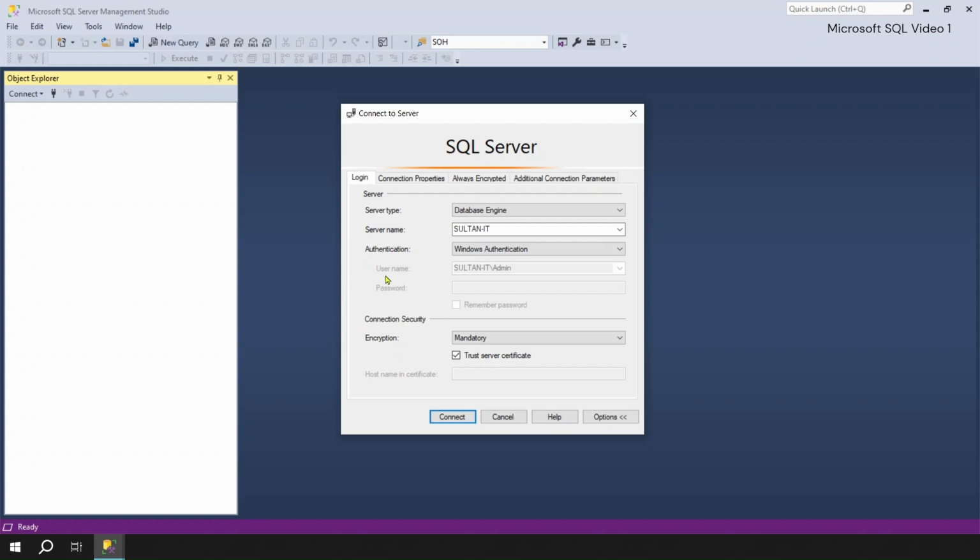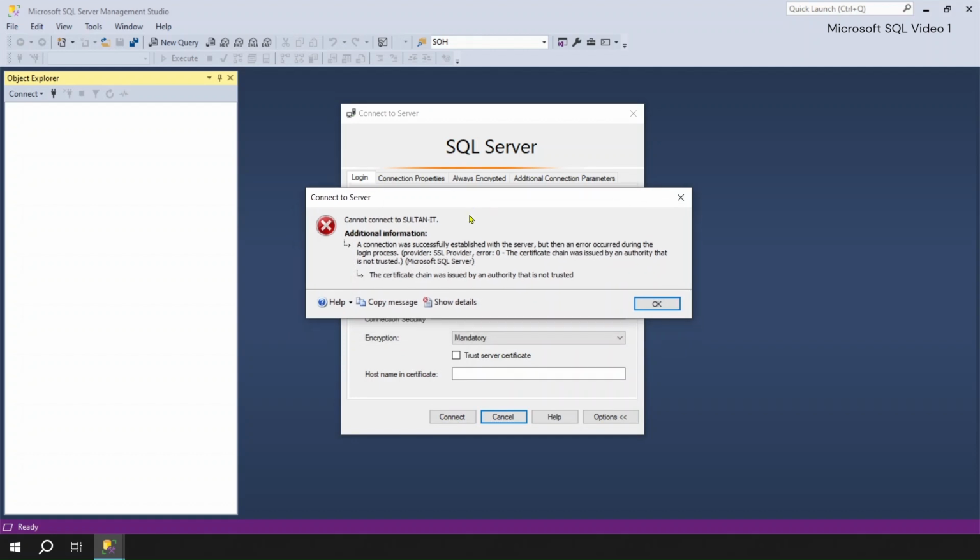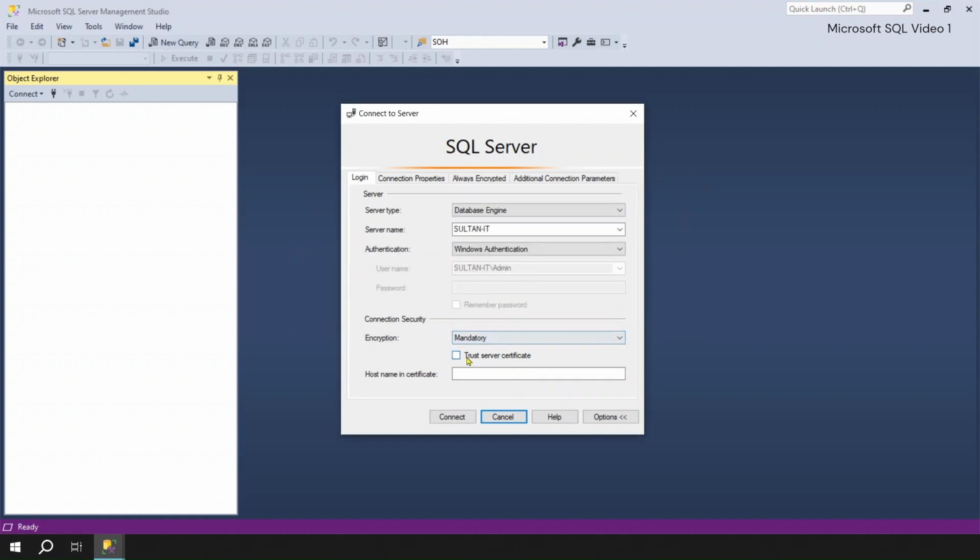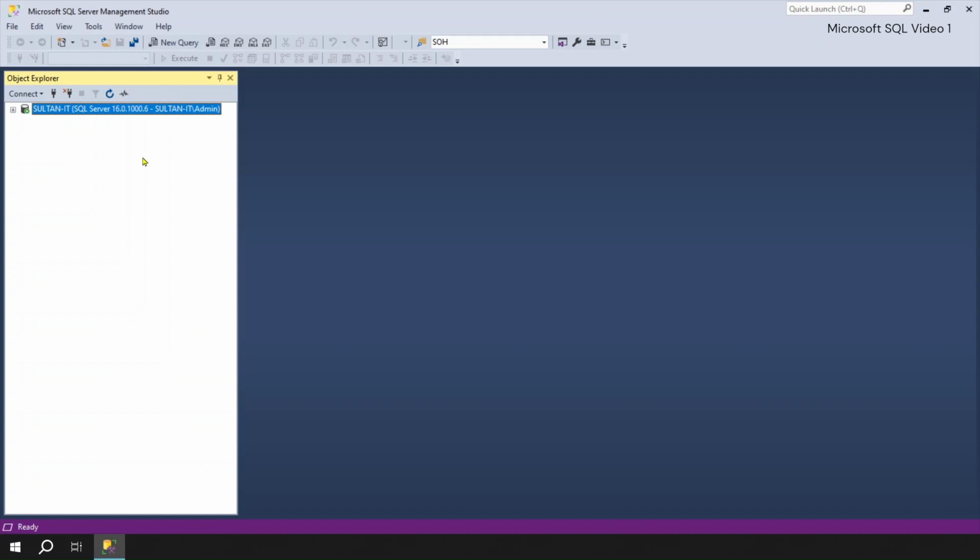Now let's come to the last option here, which is connection security. Let me untick trust server certificate. When you try to connect the first time, it might not be selected by default. And when you try to connect, you might end up getting this error. So all you need to do is click on OK and select trust server certificate. Click on connect. If you have any issue connecting to SQL Server, the first thing to make sure is SQL